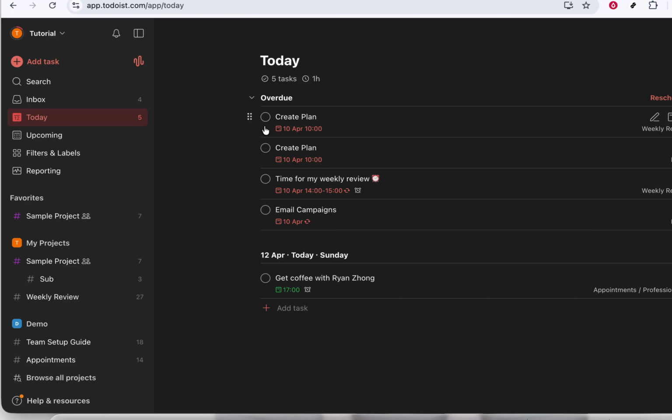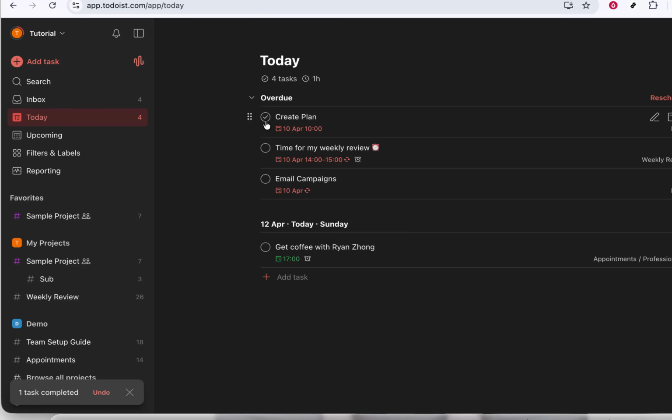In this walkthrough, I'll guide you through the process step by step, so you know exactly where to click and what to look for. First, open Todoist and make sure you're on the main screen where you can see your projects and tasks. To find tasks you've already completed, you'll need to use the Reports section. Look toward the top or side of your screen, depending on whether you're using the web version or the app, and click on Reports. This area is designed to show your productivity, history, and completed items, which is exactly what